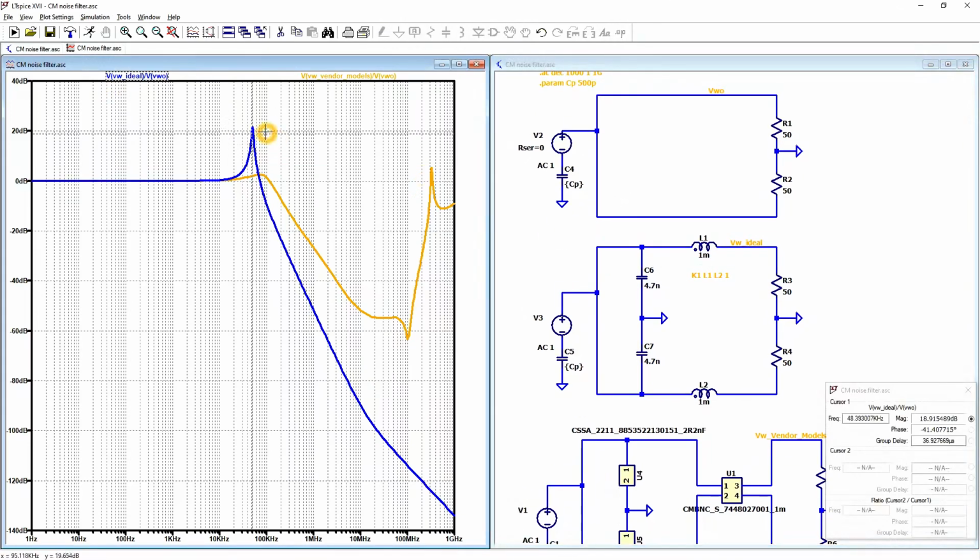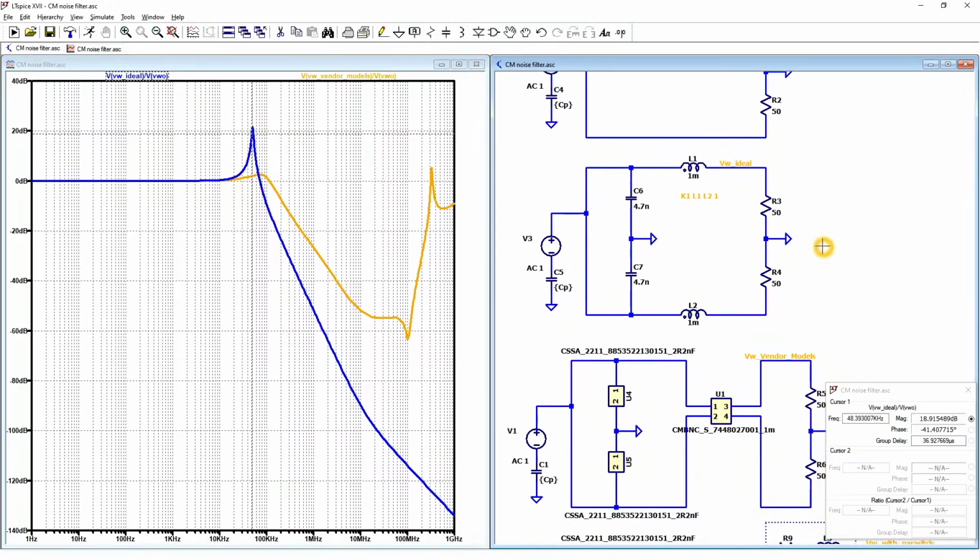We can see that our resonance point, 1 divided by 2 pi square root of LC, is lower than our real values. That is because we have a higher value of capacitors, and we also can see that we don't have too much resistance. That is why we have a very high Q factor, and we want to avoid this peak value, and we can do that by adding resistance to our circuit or